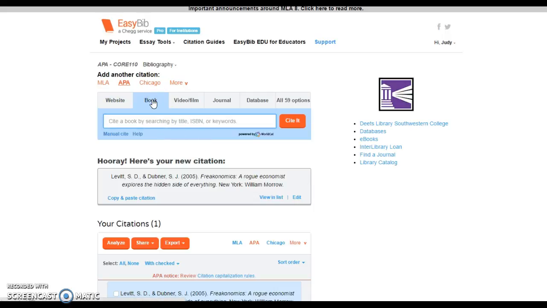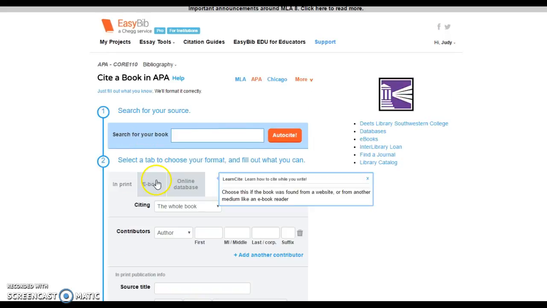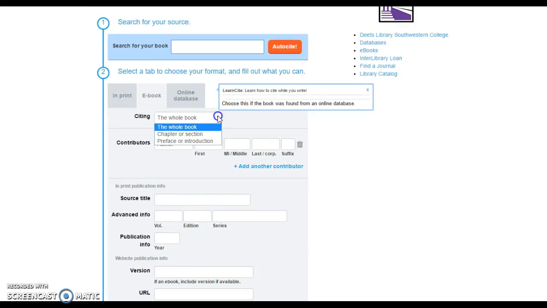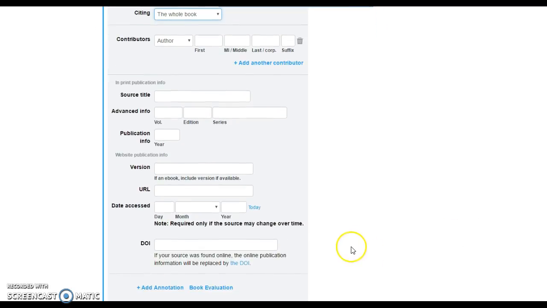Now if I go back to book, let's say you have an ebook. I'm going to click on manual cite, and so you can change that to ebook. And you can do this also in print, but I'm going to show you, you can say I'm just doing a chapter section, or you can say I'm doing the whole book. However, you put the author, source, volume, edition, series if there is, publication year, version, if there's a certain, like the 6th version or whatever, URL,